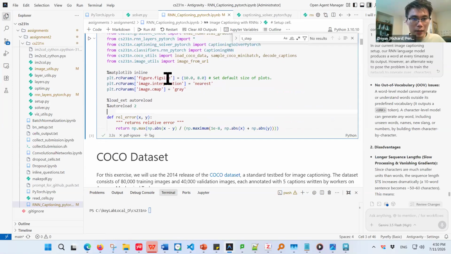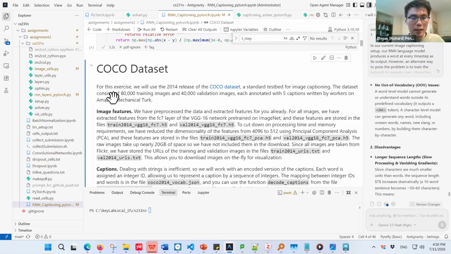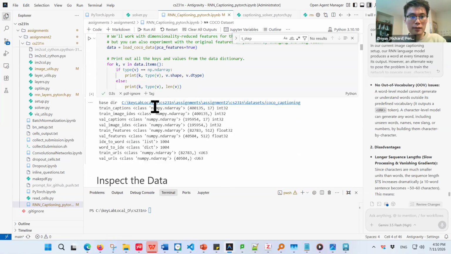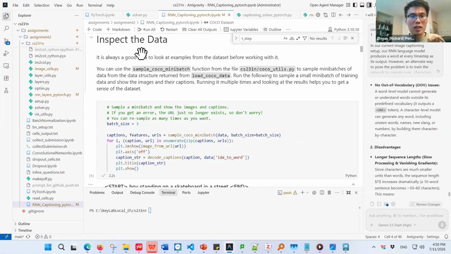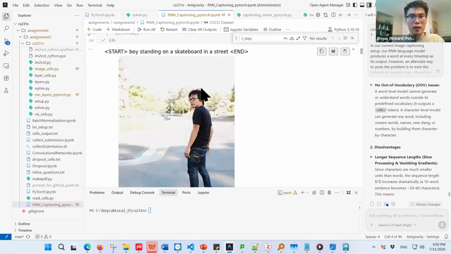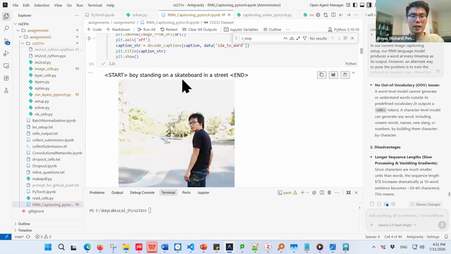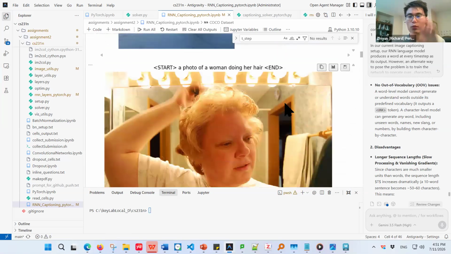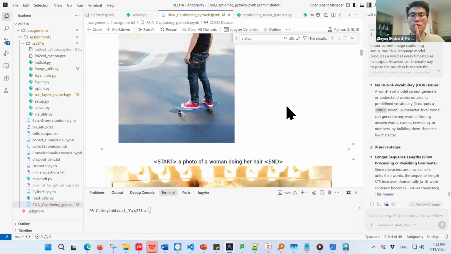At the beginning, it loaded the dataset. We use the Coco dataset. They gave us several examples. Here is the separation of the training, validation, and the test. Inspect the data, we can print it out. See, this is the boy standing on a skateboard in a street. So basically,